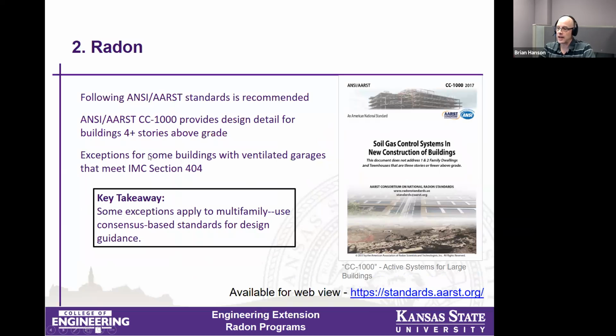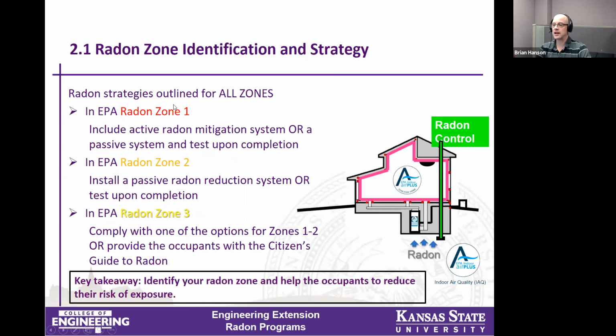So the key takeaway: some exceptions apply to multifamily, and Bruce mentioned that we do have to go to the different standards, the new construction, the CC 1000, when we're dealing with things other than our single and two family houses. Application is still following the standard outline for the current revision, recommended in all zones that are zone 1,